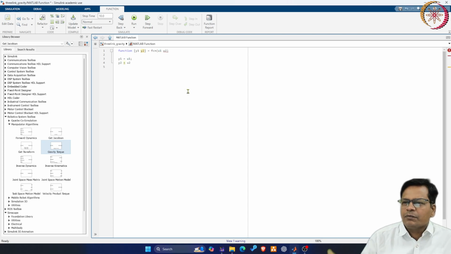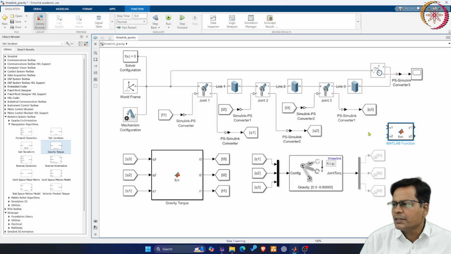I am just taking in the value and returning it out. You can have a predefined function for input and output here. u1 and u2 are taken here. Now if you go back and see, it can now take two inputs, u1 and u2, and give you two outputs, y1 and y2. So this is how you define a MATLAB function.